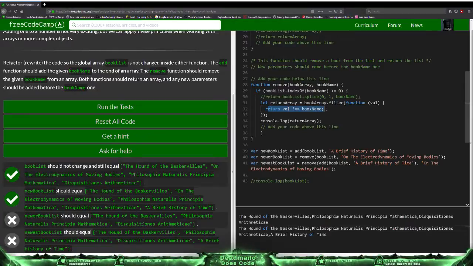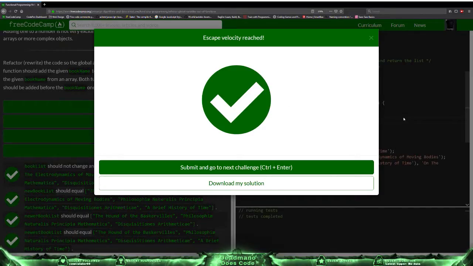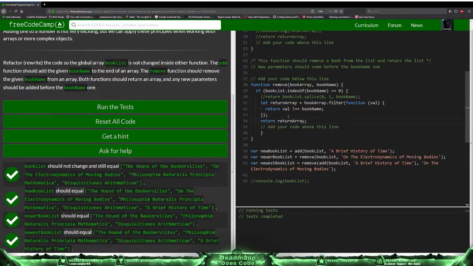Oh. That is returning to that, isn't it? I got confused, didn't I? We're not returning return array, are we? Return array. And there you go. I still need to understand how returns work, because someone told me that if you return